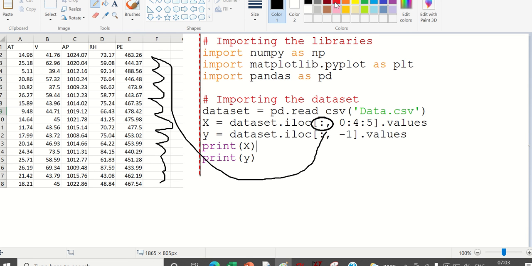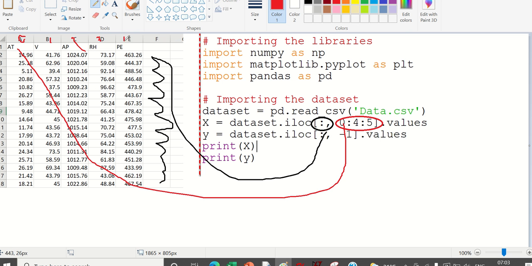Next, what does this say here? This says 0. What is 0 standing for? This 0 stands for this particular column. And what is this 4? That means this is starting from 0. This is 0, 1, 2, 3, 4.